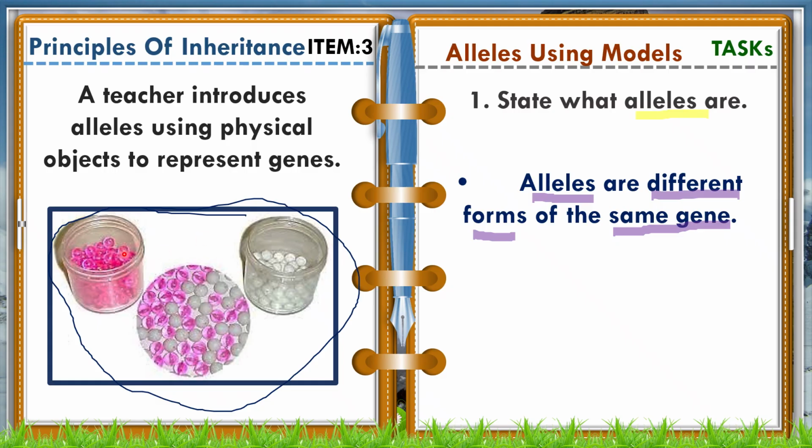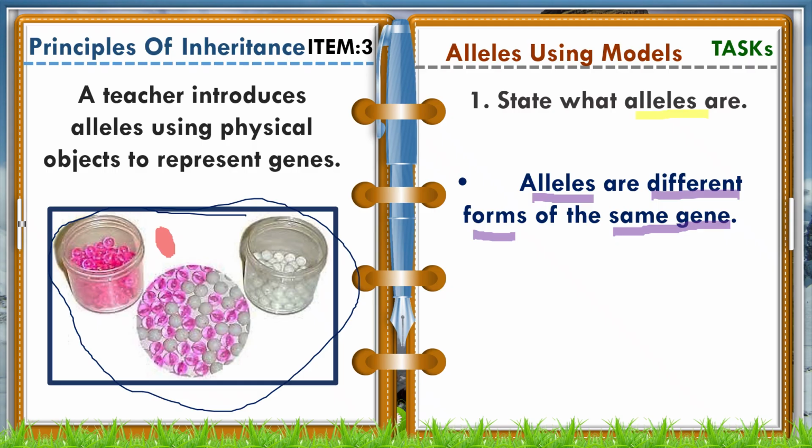It can be skin color. It can be any trait. And if you pick one allele, a gene, now let's use the same color. If we picked one gene here,